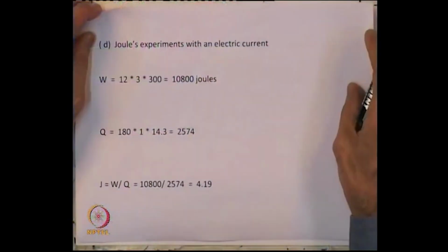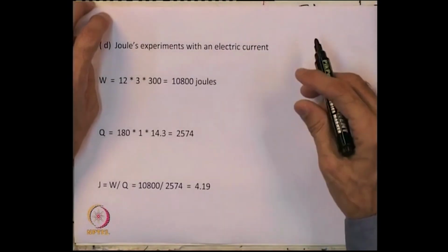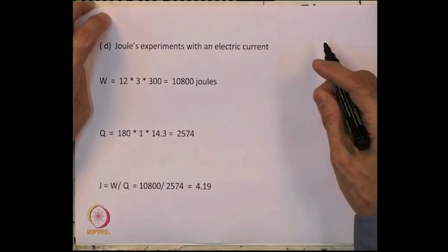Now, let us look at another experiment that Joule did, but I must emphasize here that you really have to read the original experiments and the care with which Joule did these experiments, because Joule was the first one to assert that while it was known that work and heat were the only two ways in which a closed system can exchange energy,